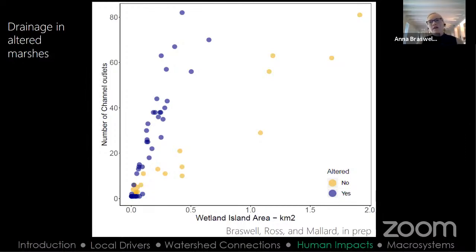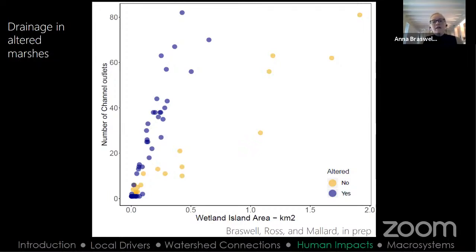So what we did was we took LIDAR in North Carolina and South Carolina and looked at places that were altered and places that were natural or unaltered, and try to understand what sort of changes we've made on the system. And you can see from the channel outlets, and what I mean by that is, like in a natural wetland, you might have a coastal, a tidal stream that has an outlet, but then in these altered systems, we're digging channels. So we can see that in altered systems, the number of channels goes up significantly, and that we see that they're very separate from the way that these unaltered systems are working, possibly showing that the drainage patterns are